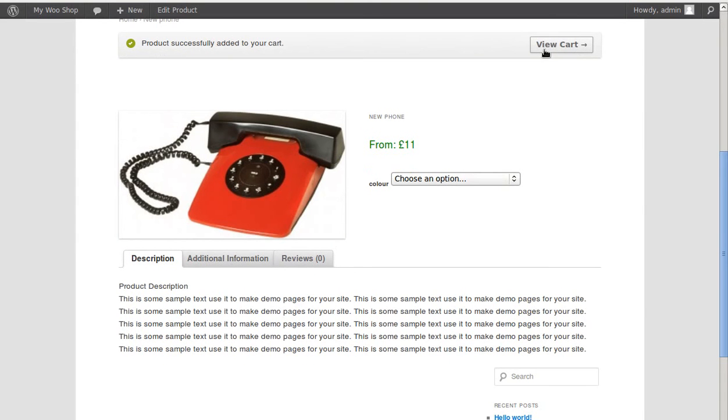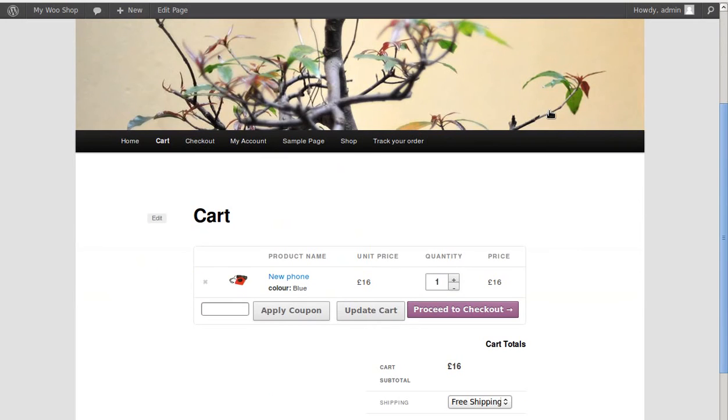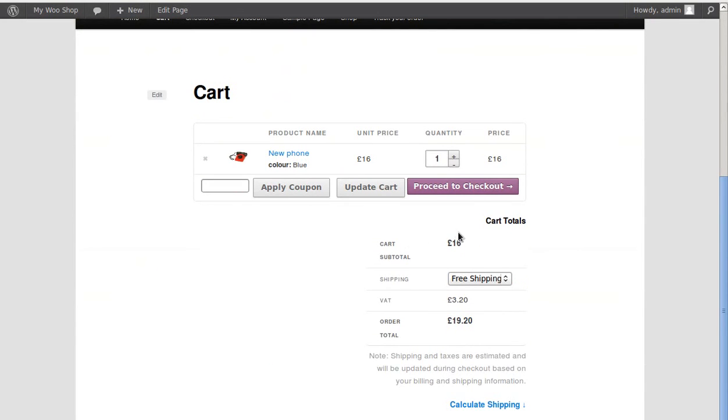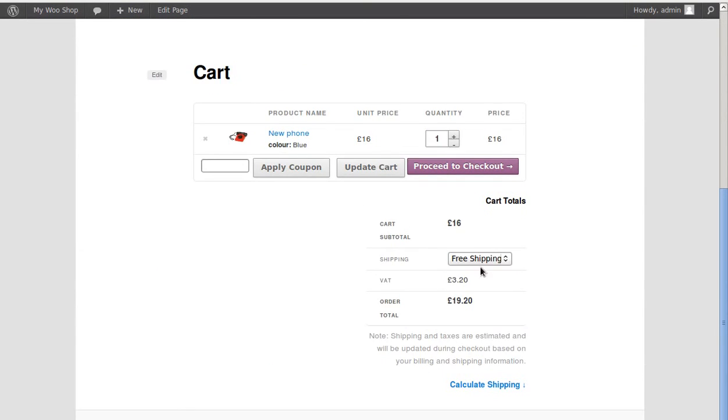And then we can view the cart. And then we can proceed to the checkout. Or we can choose, we set some shipping options if you remember. Oh, it's added the VAT for us, so we know the VAT is on. We set some shipping options. So if we added, say, gift wrap, it'll change the price. If we have free shipping, it'll take away the price. So let's choose that, then we'll proceed to checkout,